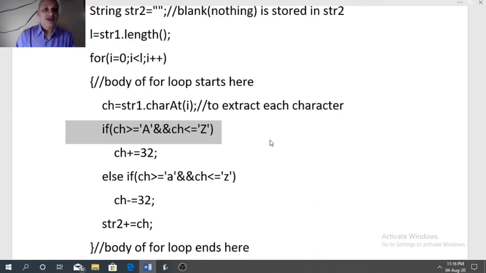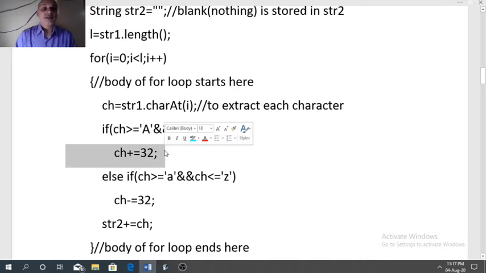So the first if condition is to verify whether the extracted character belongs to uppercase or not. So if ch belongs to uppercase, then we need to change it into lowercase: ch plus equal to 32. We know that the difference of ASCII code between lowercase and uppercase letter is 32.